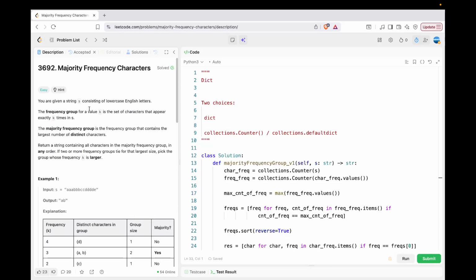So as I mentioned here, the purpose of this video is to practice the use of the dictionary data structure. With that said, thank you for